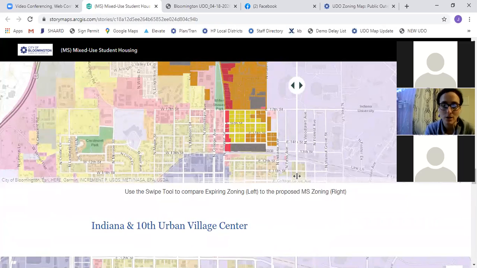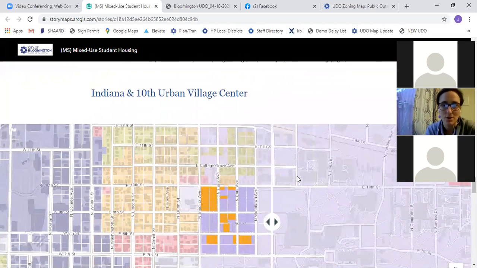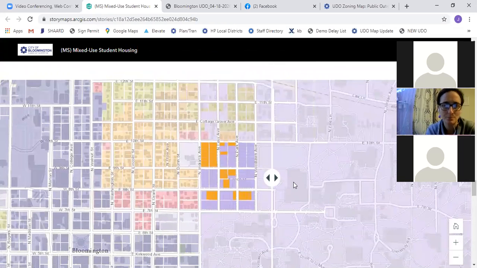Oh, and just so everyone knows, I don't think I've said this yet this time, this will go up on the website later tonight. These are all interactive, so obviously you can get on yourself and look at some of this stuff if you need to see more detail.